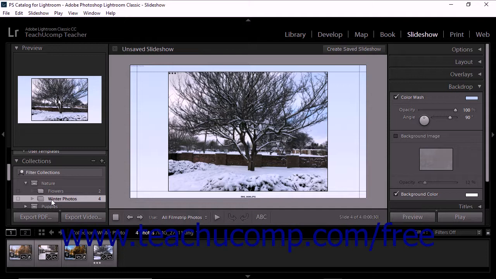To rearrange photos in the slideshow after you have selected a slideshow source that supports a custom order, simply drag and drop the photos that appear within the film strip in the slideshow module into the desired order from left